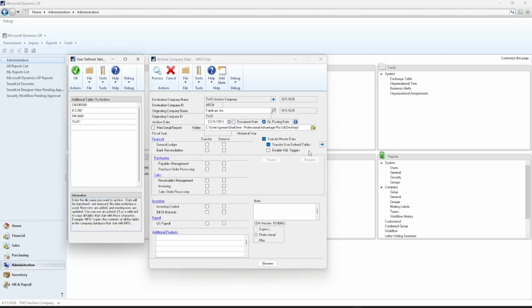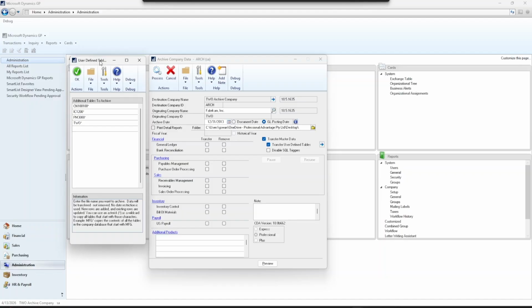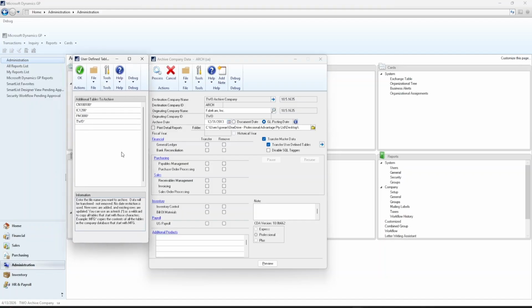And then directly below that, we also have the option here to transfer user-defined tables. So basically, if you wanted to copy something across to your archive company that doesn't reside in these core GP tables here, you can use this option that allows you to write the exact SQL table name. And you can enter those tables one by one, or as you can see in my example here, I have this little asterisk character at the end of these tables. That is going to act as a wildcard field. So all of the tables in your live company that begin with these characters here, they would be subject to